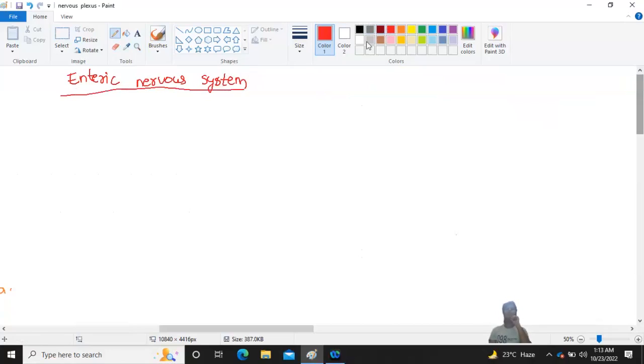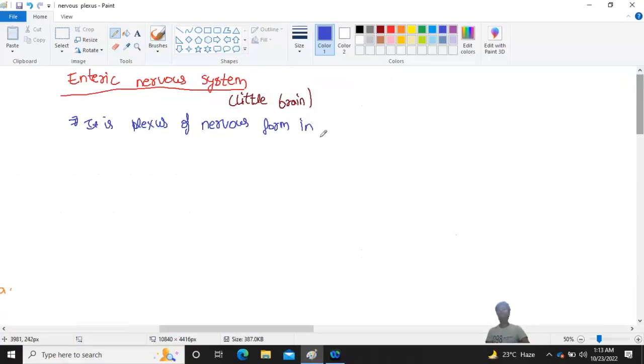It is also called the little brain, because it can work independently like a brain, but it takes supply from the higher centers. This is also a nerve plexus, a plexus of nerves formed